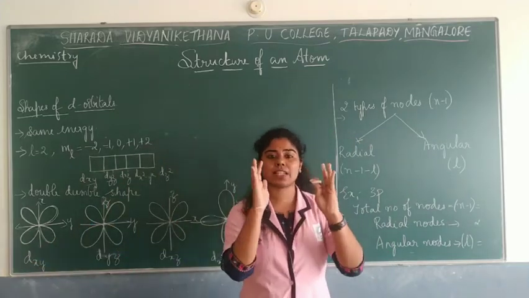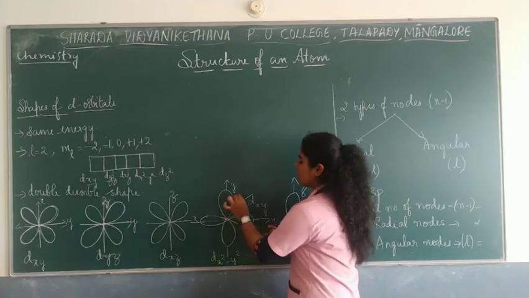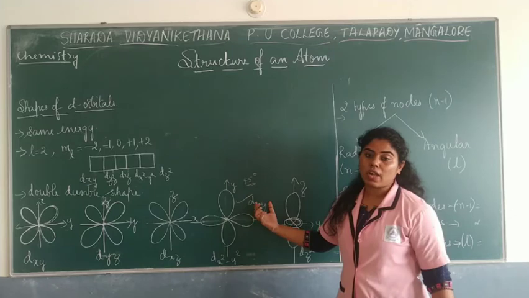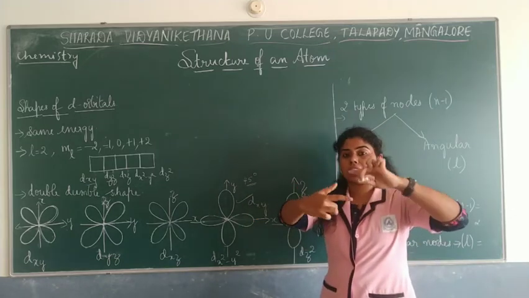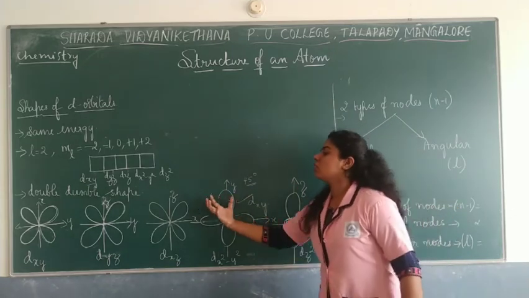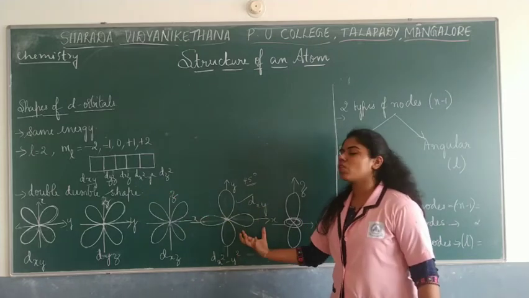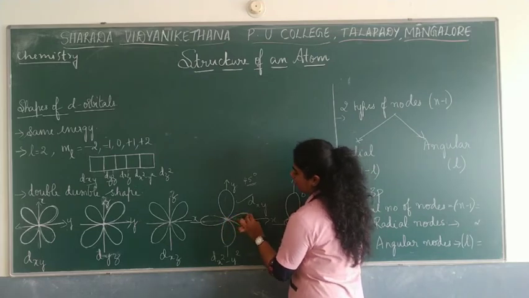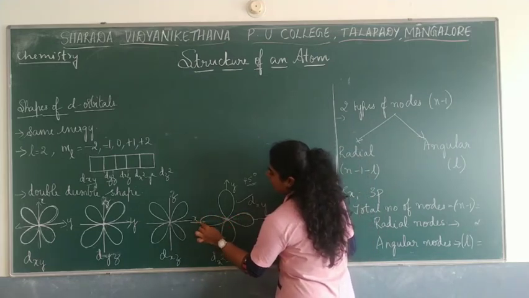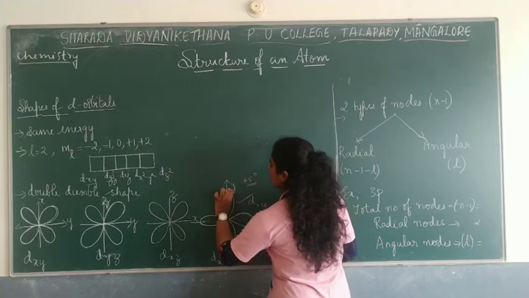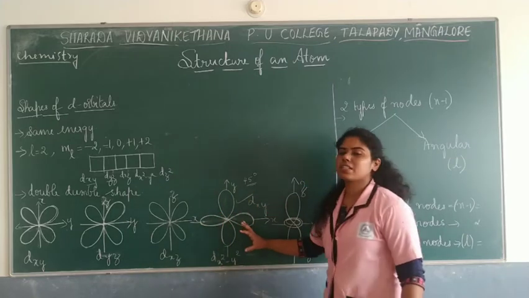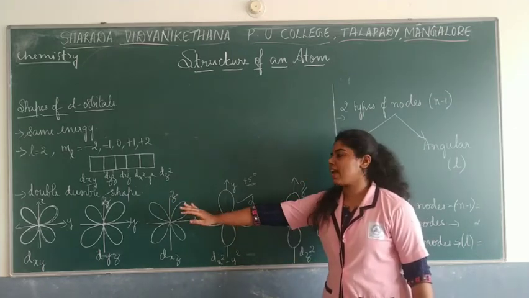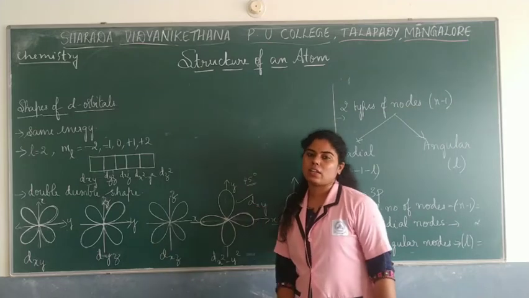The shape is going to be exactly equal, but the difference is that this is just rotated at around 45 degree angle. This is slightly rotated at around 45 degree, but the shape is actually same. The way to denote would be different. So this is how you denote here x square minus y square. So one node is actually in the x axis and the other one is actually along the y-axis. So this is how you denote dx square minus y square, slightly different from those of dxy and dyz and dxz.